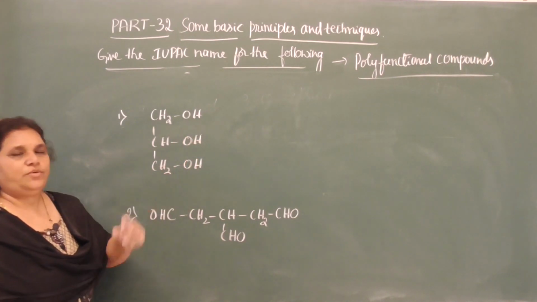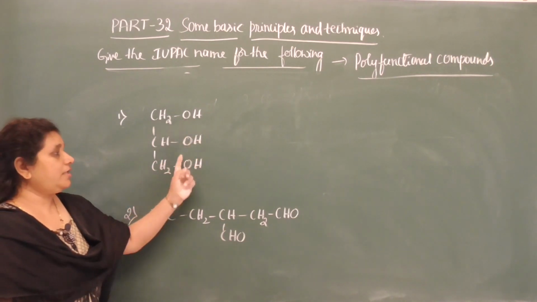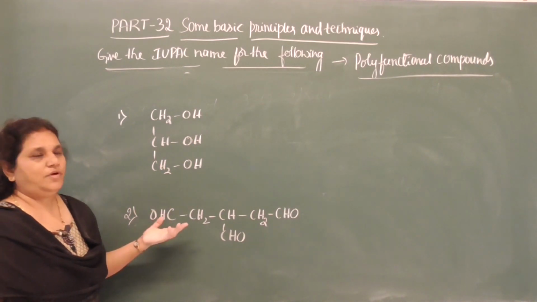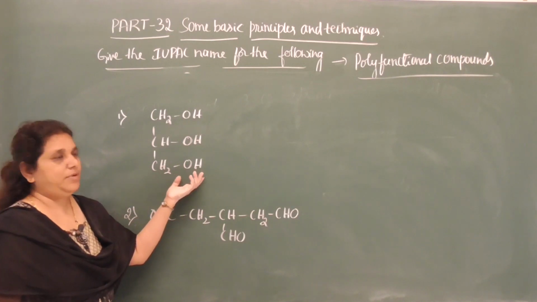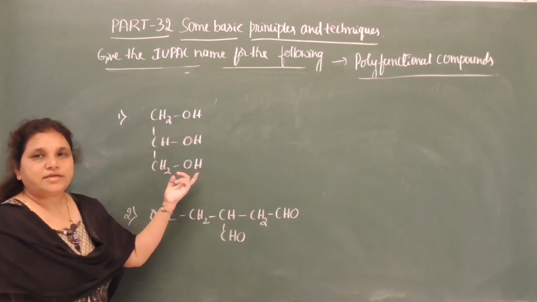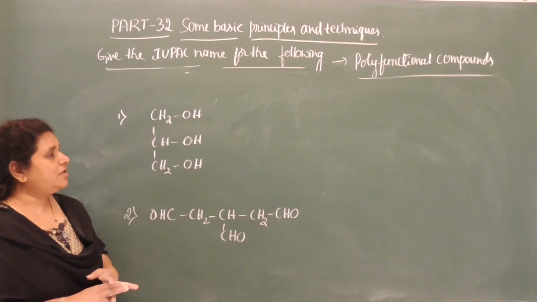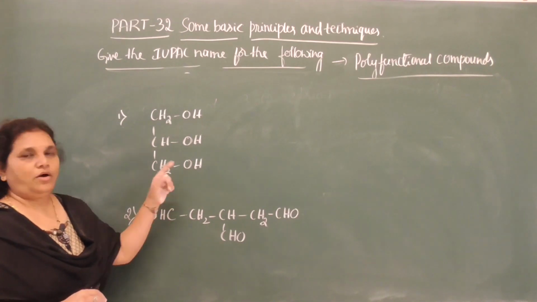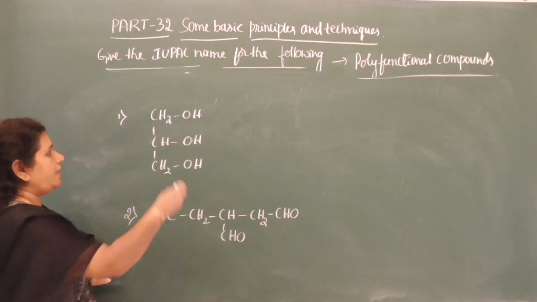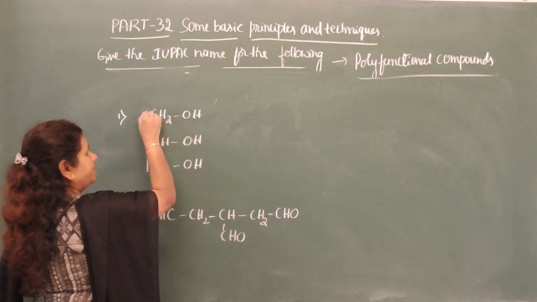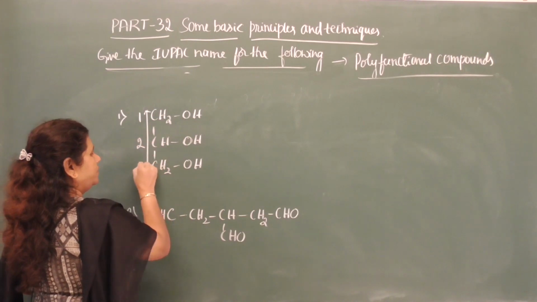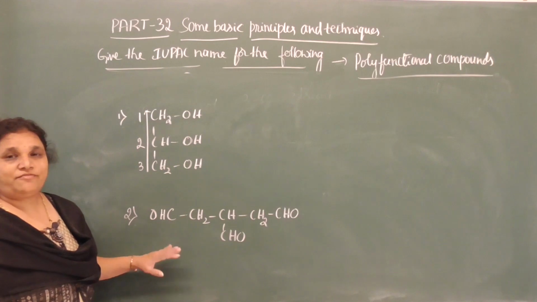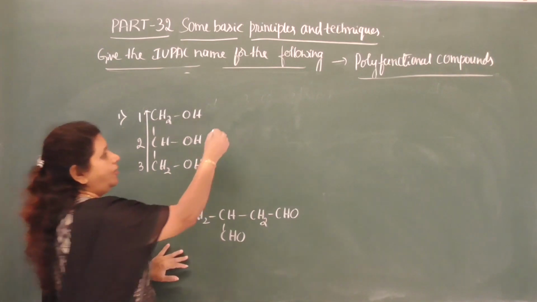Now, there are three OH groups, but this functional group does not carry any carbon. Therefore, you can use tri because three OH groups are there. Tri before the secondary suffix. What is the secondary suffix for OH? It is OL. Triol you can use and select this carbon chain. 1, 2, 3. What is the position of the alcohol functional group? It is present on the first, second and the third carbon.